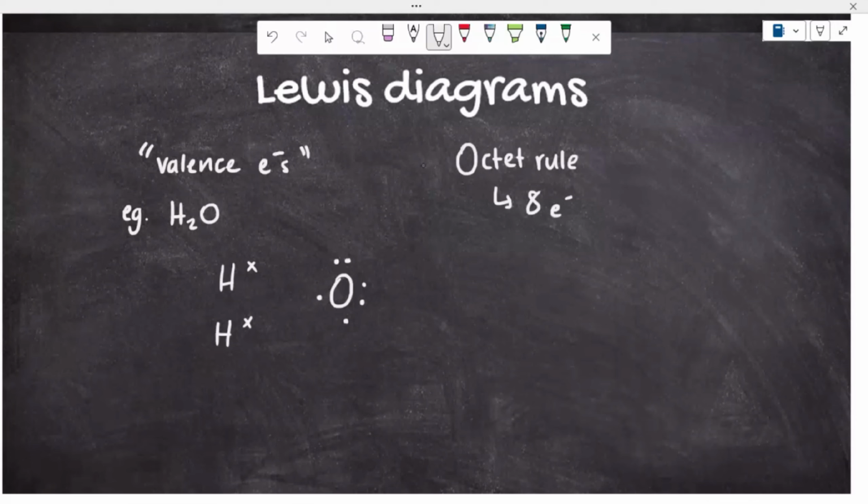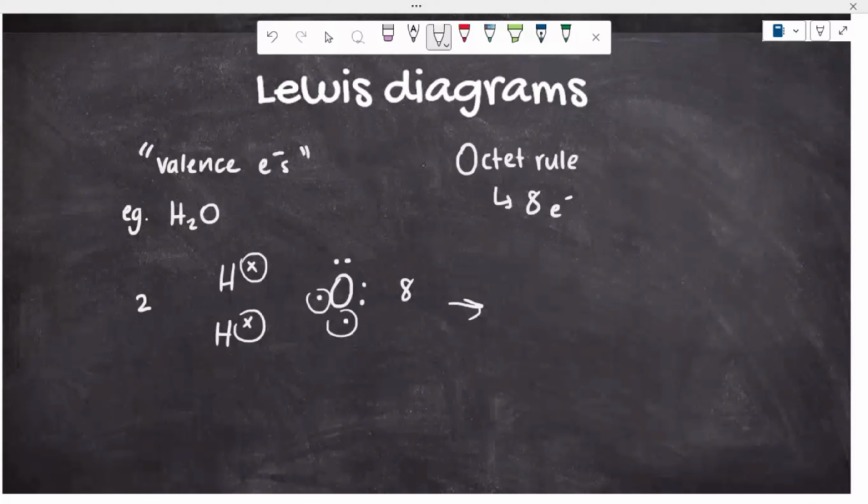And remember, I said with covalent bonding, we can have shared pairs of electrons, right? So here for H2O, our hydrogen only needs 2, because hydrogen is such a small atom that it only needs 2 electrons. Whereas our oxygen wants the full 8. So we are going to share these sets of electrons with each other so that hydrogen receives 2 and oxygen gets 8. So in terms of how the compound would look, you'd have something